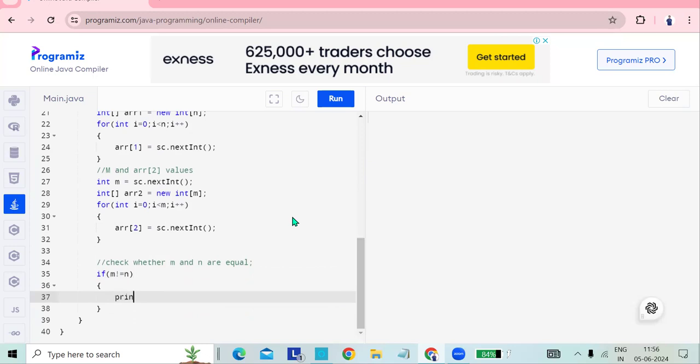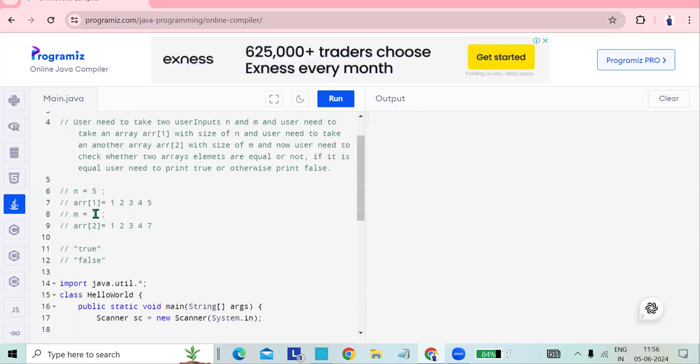We have to print System.out.println, I'll give false, right? We have to print false. So we have checked if m is not equal to n, then automatically it is false, right? The array elements are not equal. I will print false. Else, if it is equal,